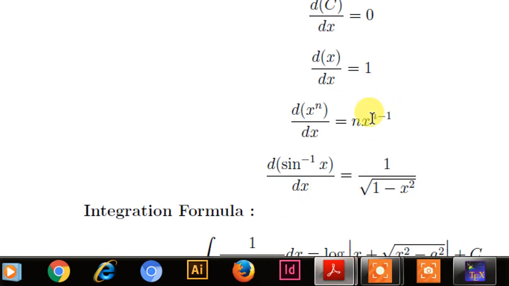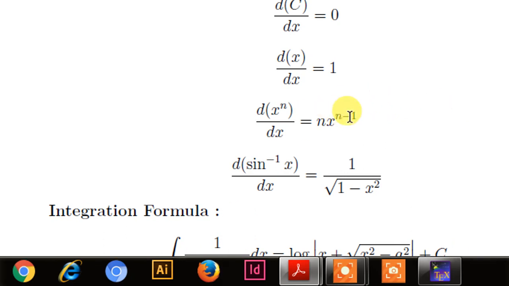In this superscript, you have seen, it is having more than one character, that is n minus 1. n is one character, minus is one character, 1 is one character. So here we have to include more than one character in the superscript. This n minus 1 is to be included inside the curly braces while writing the superscript. So how to implement this now?